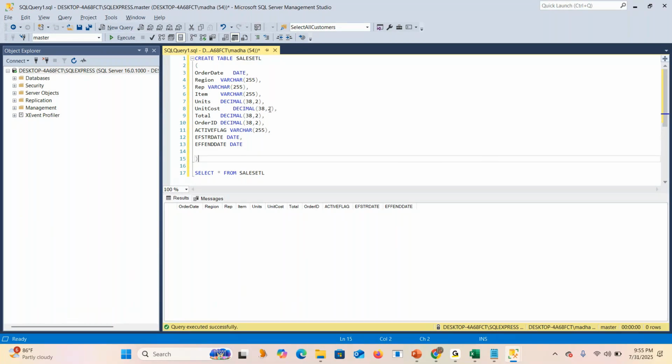Same example I'm telling. If he is promoted, then you shouldn't delete the record. In source, it will be updated, but in target, no. If you are doing the same update of the same record, then what happened? If I want to take the history of the employee, when he joined, how many promotions he got, those kind of details, end user analytics, they need. If you are doing straight away update, you can't do analytics. That's why we are using these three columns. I will tell you the reason why.